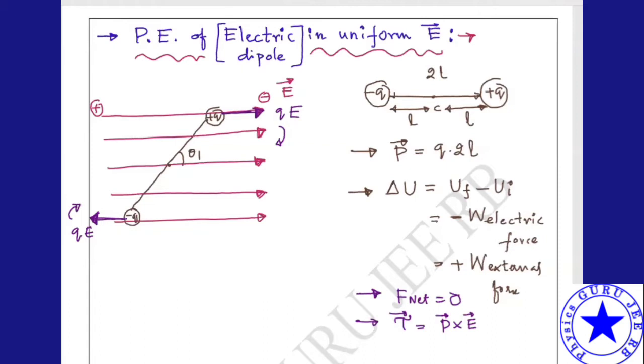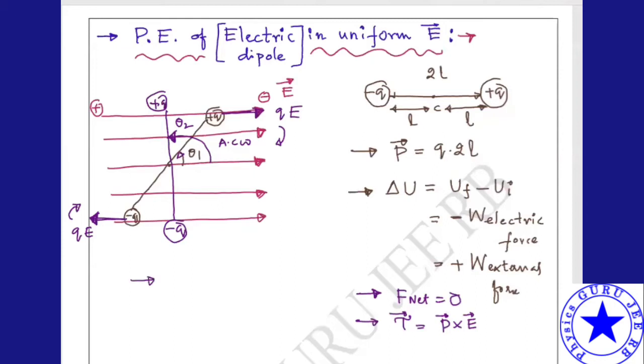Now what I'll do, I'll apply an external force, opposite to that one, and I'll try to rotate this one now. So rotating negative, here it is positive. So I'm rotating in which direction? Anti-clockwise direction. Carefully you can see I rotated in anti-clockwise direction through an angle of what? Theta 2. Theta 1 to theta 2. So this is nothing but theta 1 to theta 2.